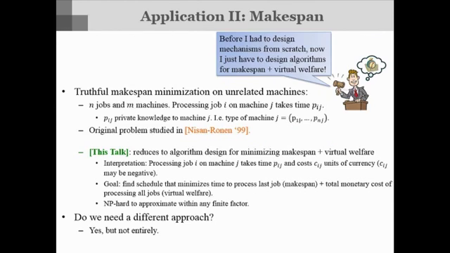So as a second application, I'll talk about Makespan. If you remember, there was this guy who was trying to schedule jobs, and now he's a little bit excited because he just has to design algorithms for Makespan plus virtual welfare. So let me give you a specific problem. You want to truthfully minimize Makespan on unrelated machines.